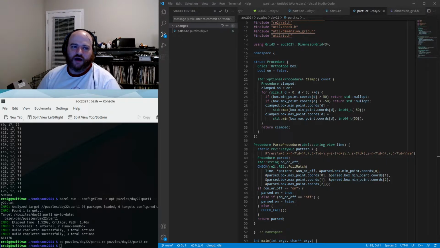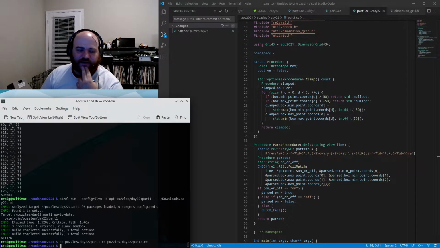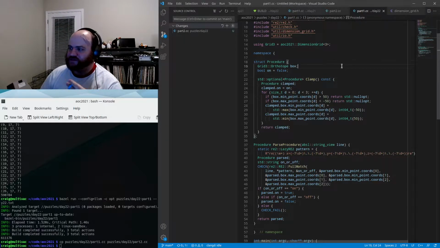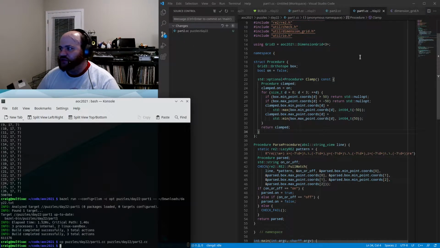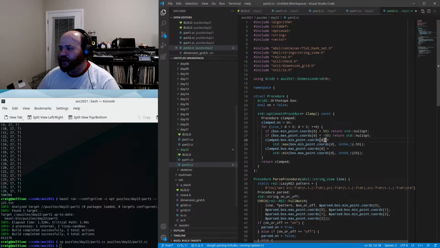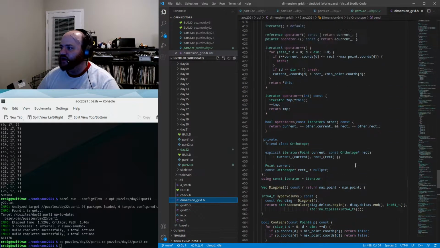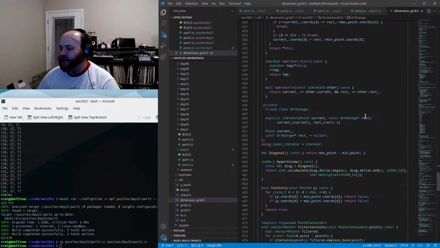So, oh boy. I mean, we're going to have a set of these orthotope boxes. That's for sure. And we need to figure out how to intersect and subtract them, basically. And we should probably do that in the actual library. So let's go into Dimension Grid here, where we've defined this orthotope class,